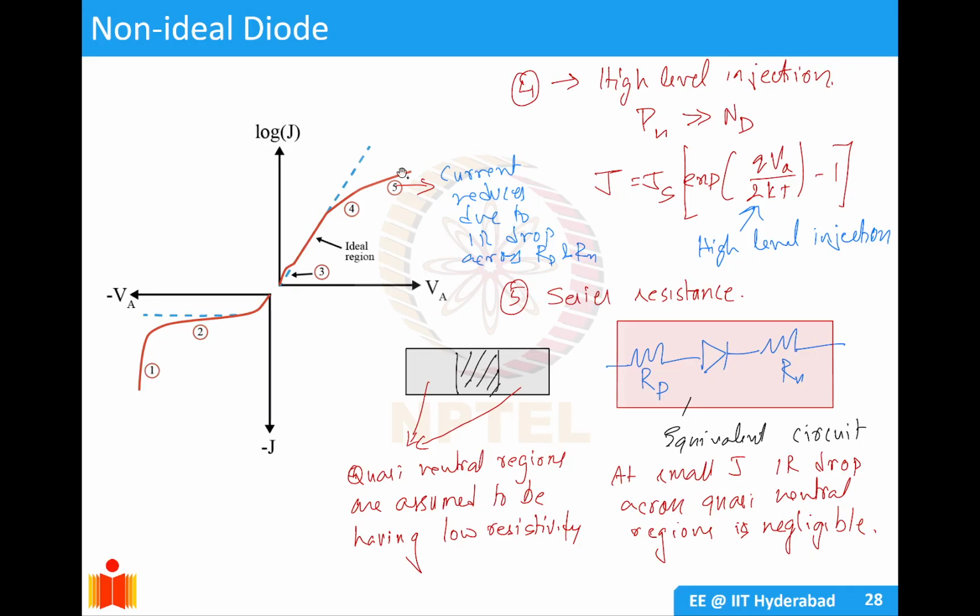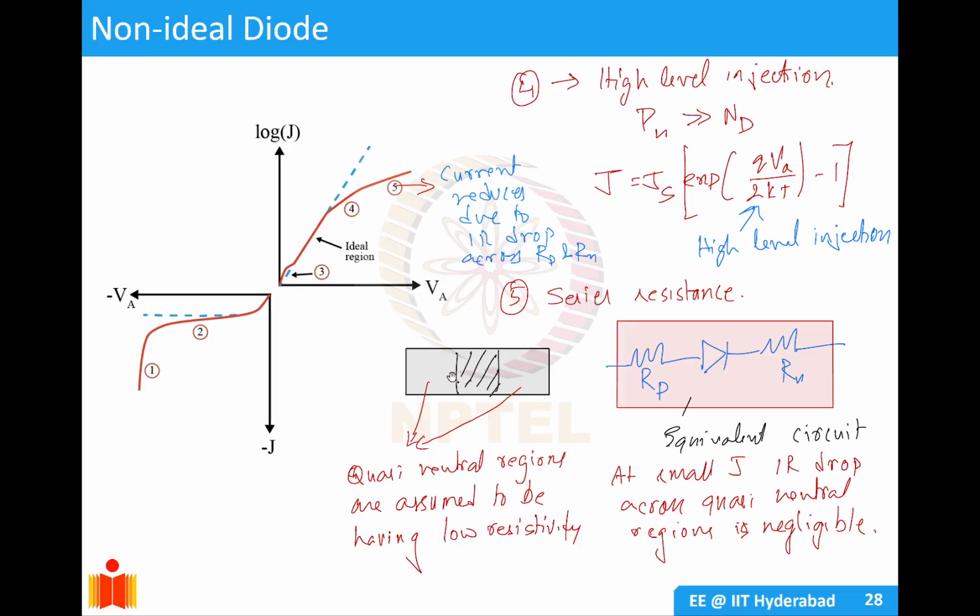So at this high level of current, your quasi neutral regions, which are your p type and n type regions, are assumed to have low resistivity because they are doped. For low current density, the resistance drop across these regions is negligible, but they will have certain resistance associated with them. So for small currents,